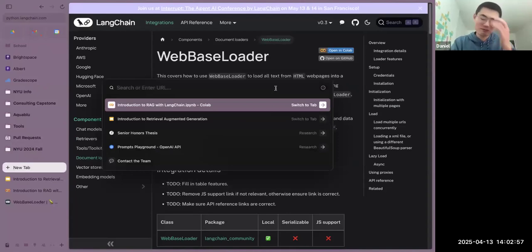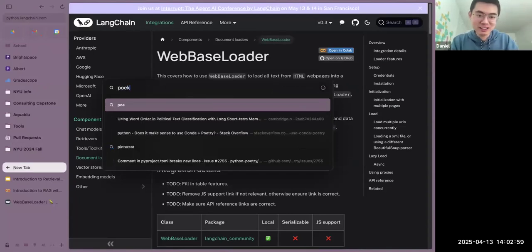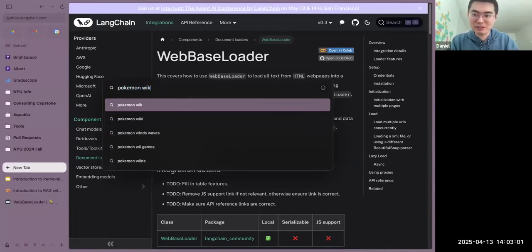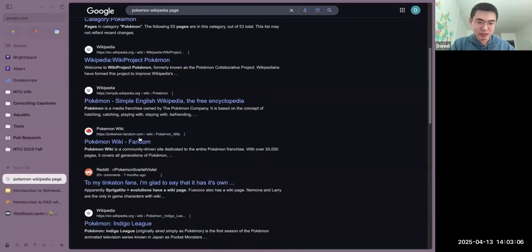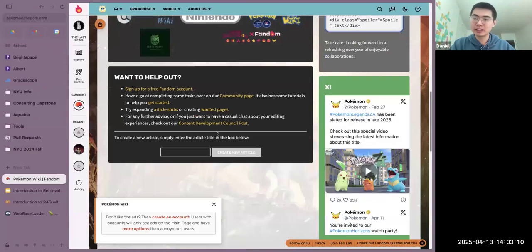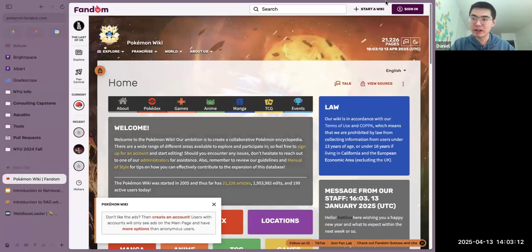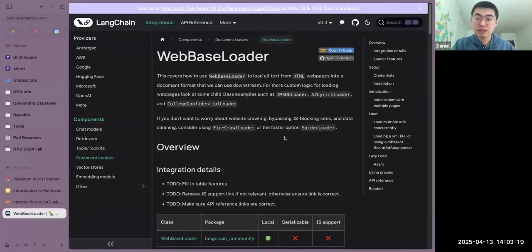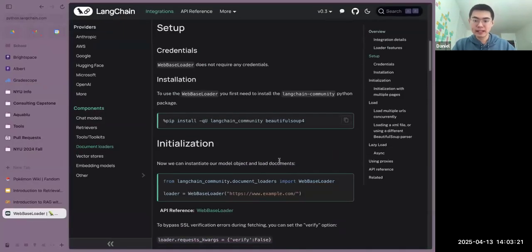All right. Thank you. I don't know why I'm filled with the Pokemon stuff, but let's say you want to scrape the Pokemon Wikipedia page. Let's see what is Pokemon Wiki right here. You have this document right here. A web page is filled with HTML information. And this is a web page itself. So what this web-based loader is hopefully going to do is you feed it some link and you'll be able to